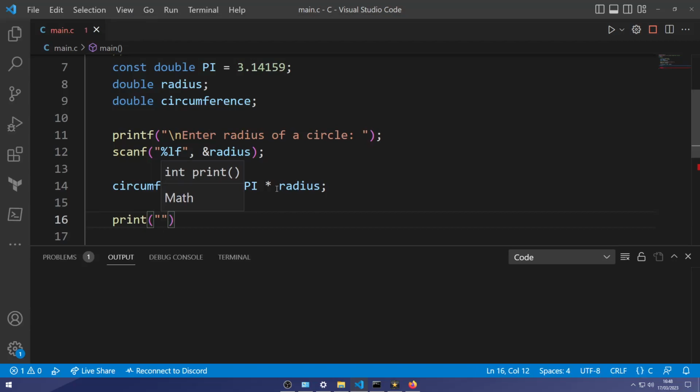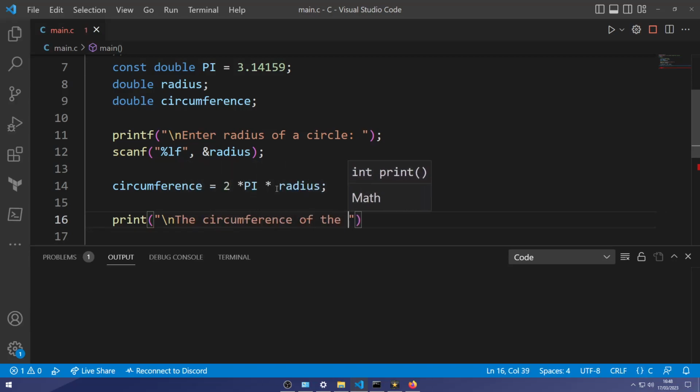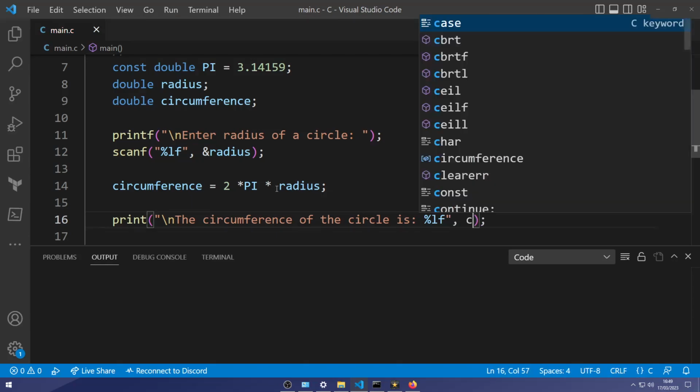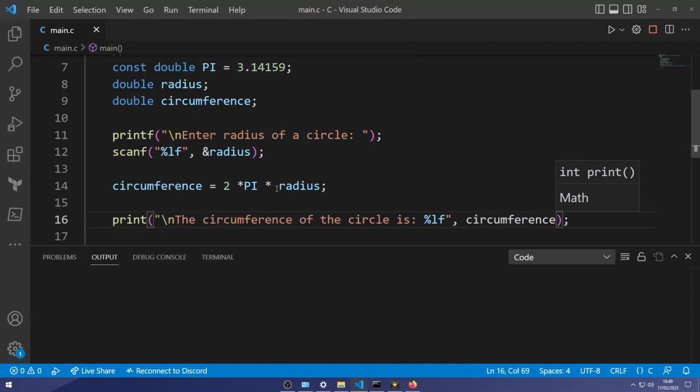And then we'll do print. We're going to call upon the data type of the circumference, which is the circumference of the circle is %lf. Then we've got to call what we're going to be putting in that lf value.